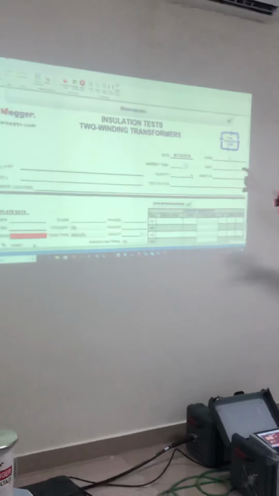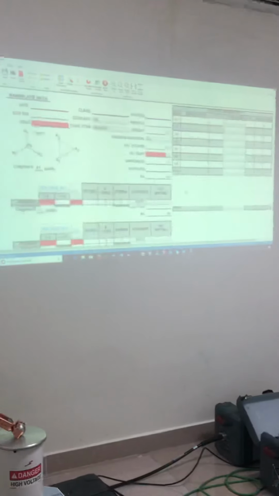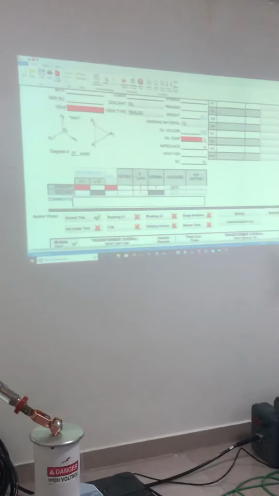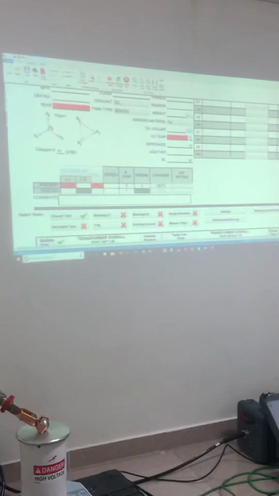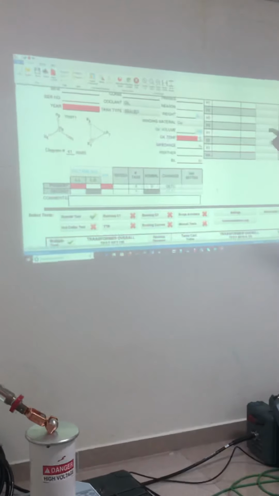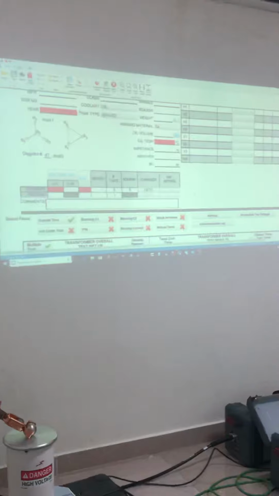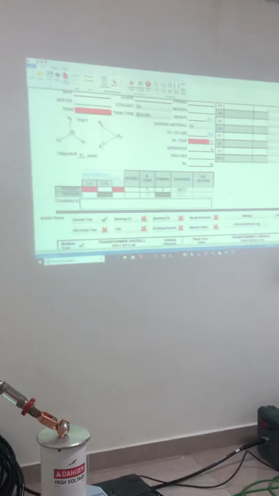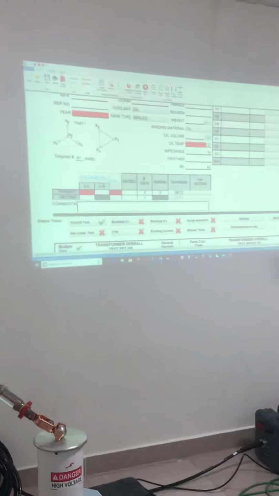Now if you scroll down a little bit, now you see the areas in red. To get the temperature correction table and the individual temperature correction, we must populate that information. So for this, let's say that this was built in 2016 for a year, and we'll say that the oil